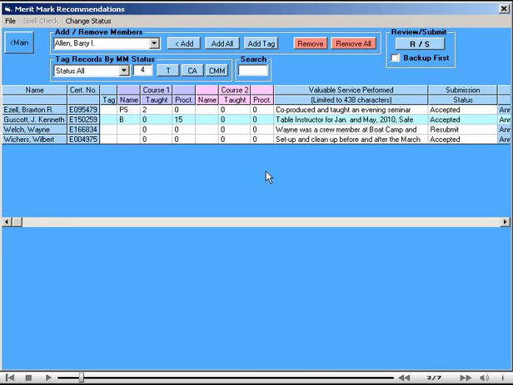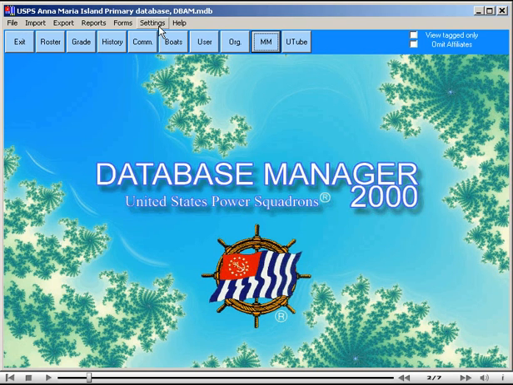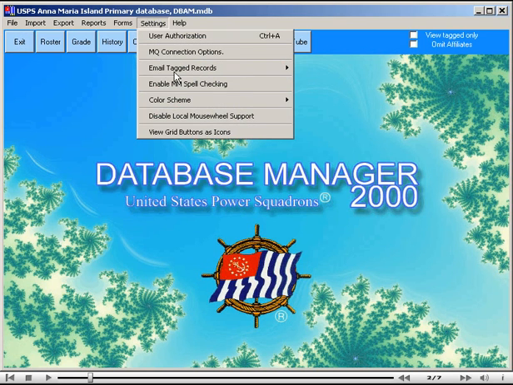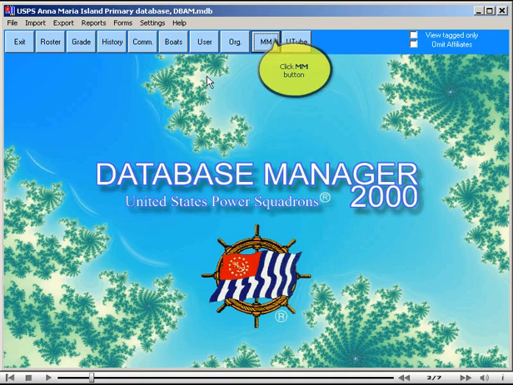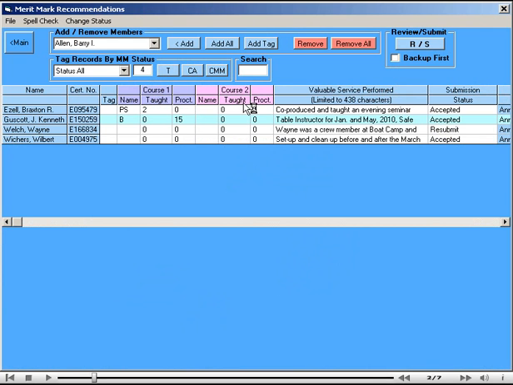DB2000 can do spell checking if you have Microsoft Word installed on your computer. It uses its spell check routines. If the spell check menu is grayed out, return to the main menu and enable it under the settings menu. And back to merit marks. If you are already using Word on your computer, you may get a message from Word telling you to switch